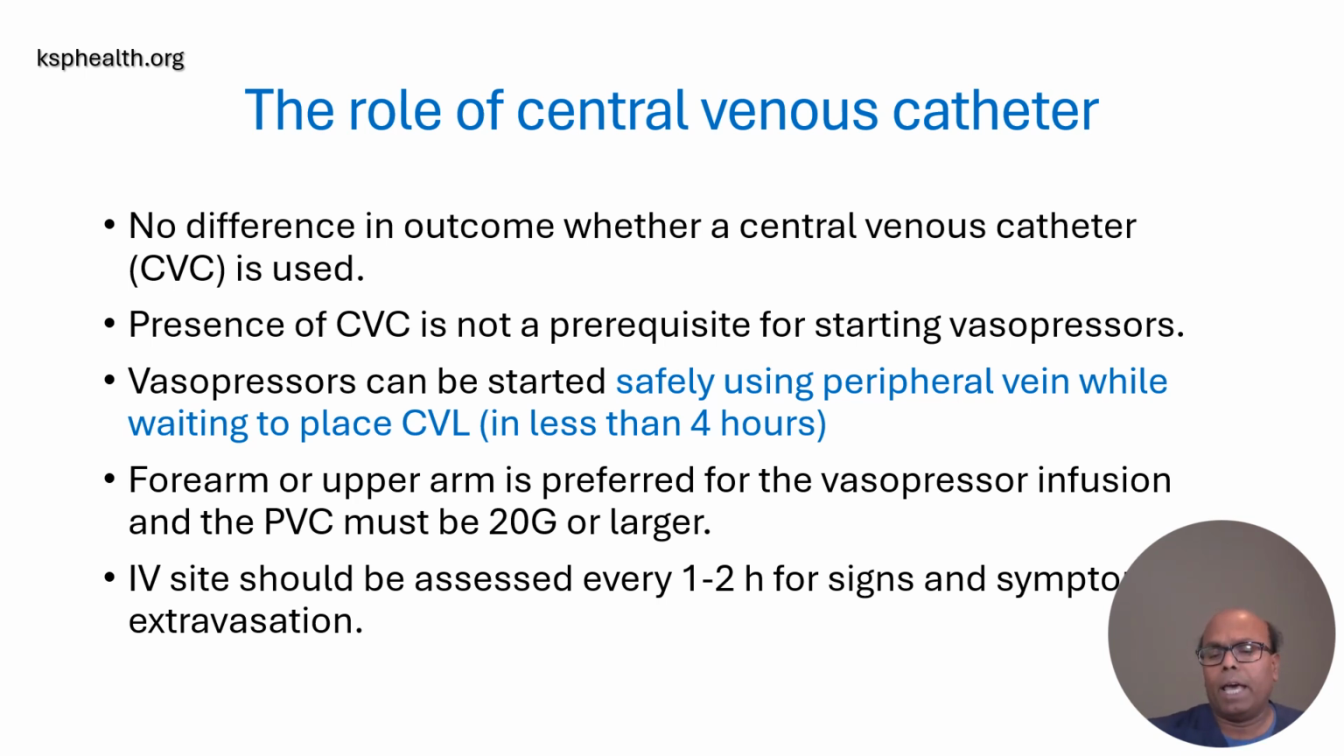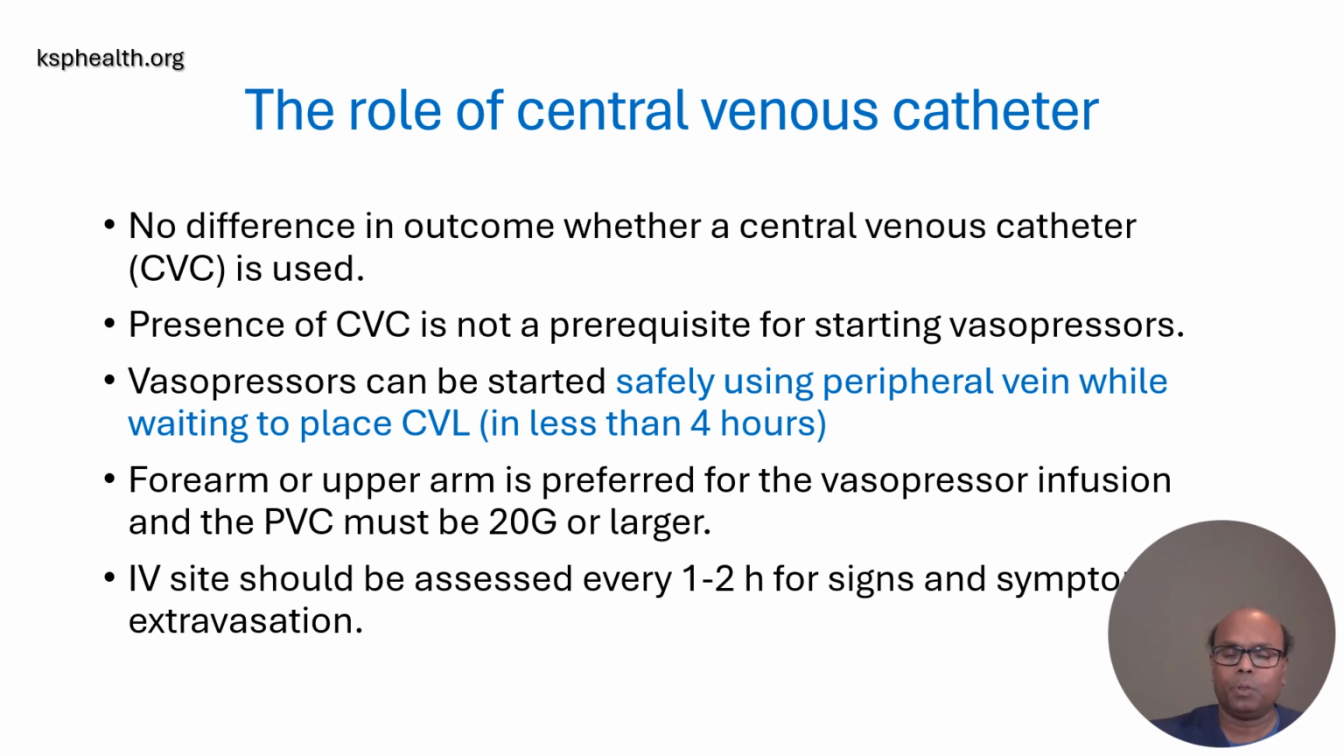The early goal-directed therapy published in 2001 shows you need to have a CVP and you need to monitor the venous oxygen saturation, which needs a central venous catheter. Presence of a CVC is not a prerequisite for starting vasopressors. Vasopressors can be started safely using a peripheral vein while waiting to place a central venous line within less than 4 hours,